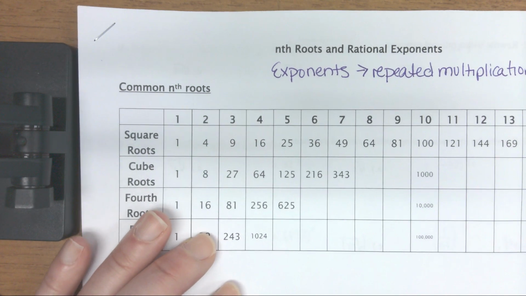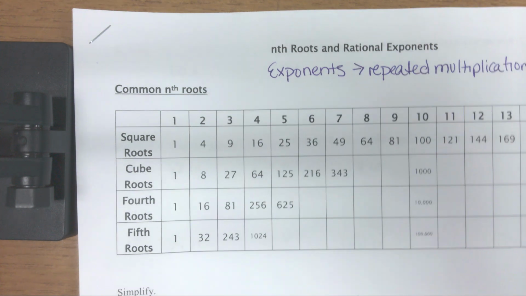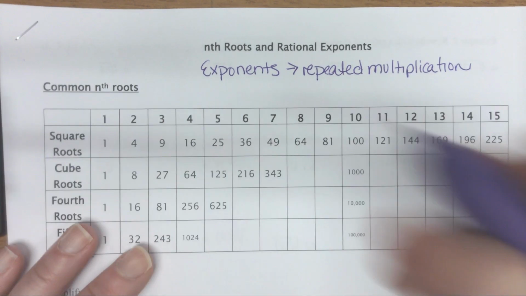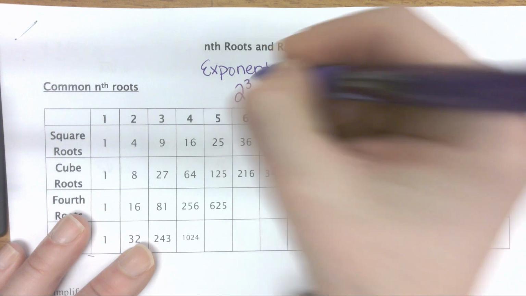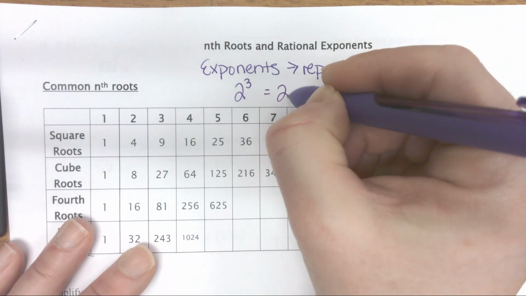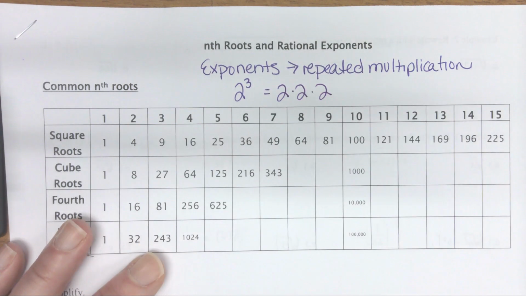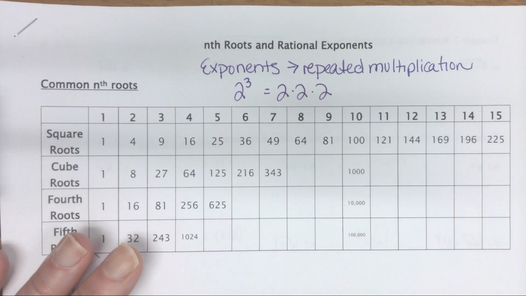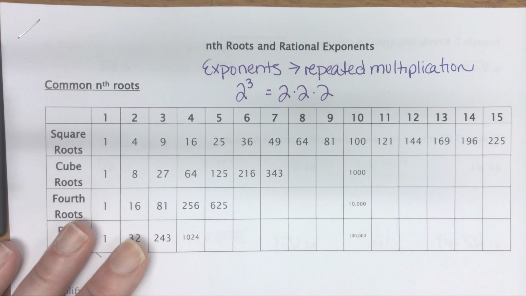For instance, if I asked you for 2 to the third power, what does that mean? If I asked you to expand that. Okay. So what we're going to then talk about today is, by the way, 2 times 2 times 2 is